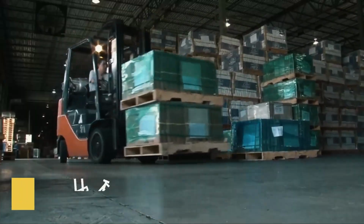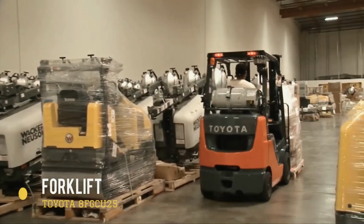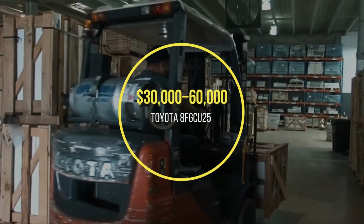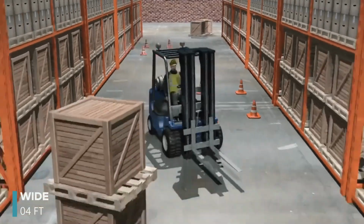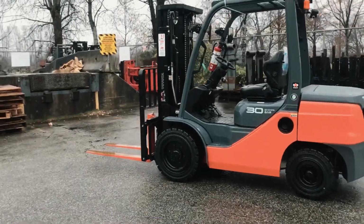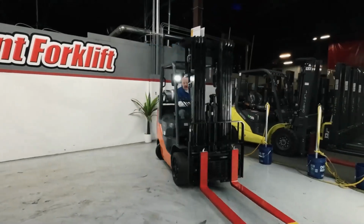Now let's shift our focus to forklifts, specifically the Toyota 8 FGCU 25. This smaller but crucial piece of equipment can cost between $30,000 and $60,000 and measures 4 feet wide and 7 feet long. Despite its compact size, it can lift up to 5,000 pounds, making it essential in warehousing and construction